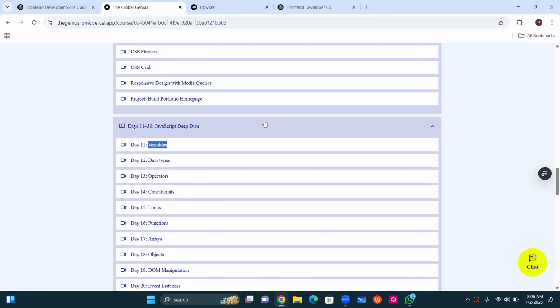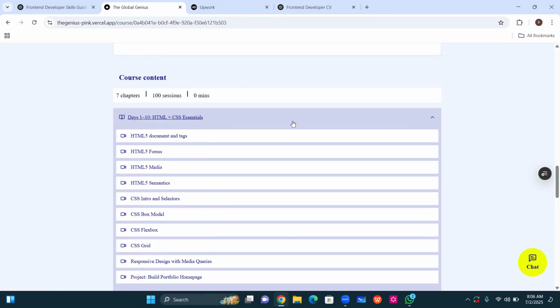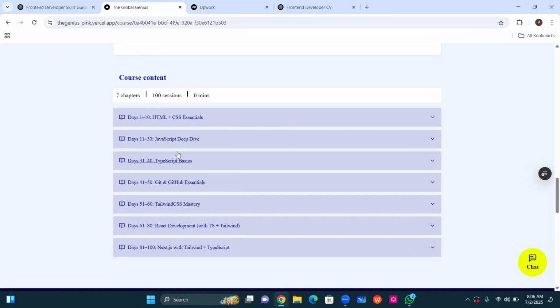So now if you look at what we have here, we are looking at HTML and CSS, JavaScript, TypeScript, Git and GitHub, Tailwind CSS, React, and Next.js. If you look at most front-end development courses out there, you hardly get these things. And of course, we'll be building some projects, but before I show you the projects we'll be building, let's go